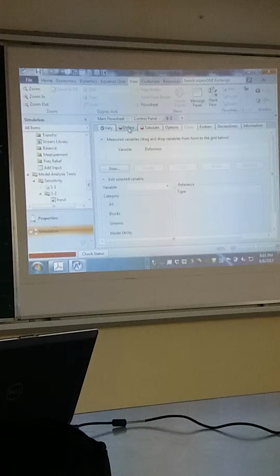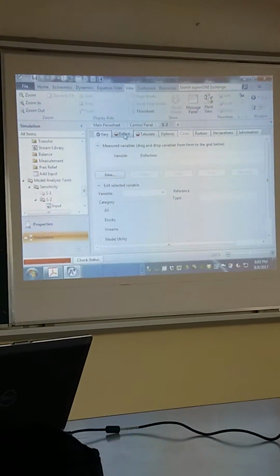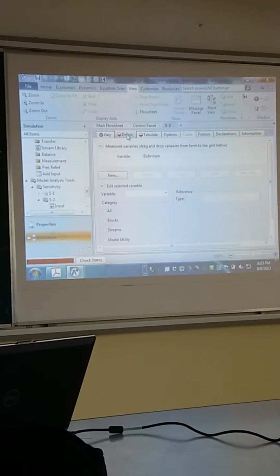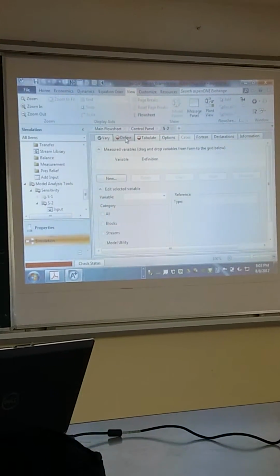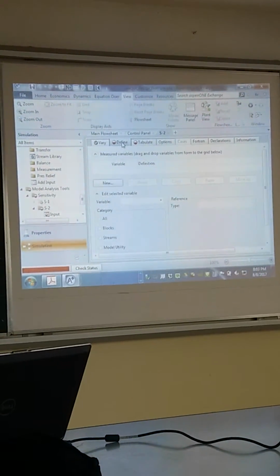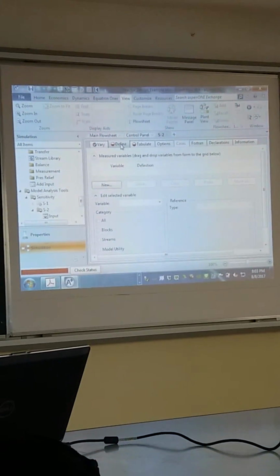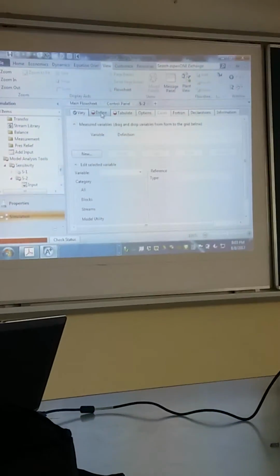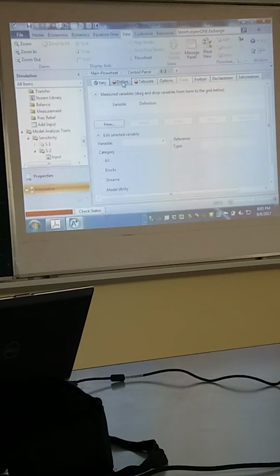So what's conversion? It's the amount of methanol in the feed minus the amount of methanol in the outlet stream divided by methanol in the feed. Right? This is what conversion is. The conversion of methanol is the molar flow rate